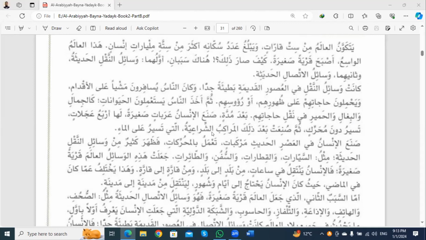In the modern era, people made vehicles. Asr means era, time. Usur is the plural, times. In modern time, in the modern era, people made vehicles